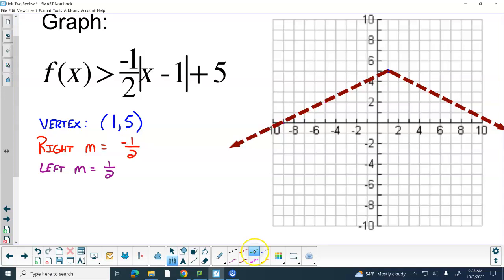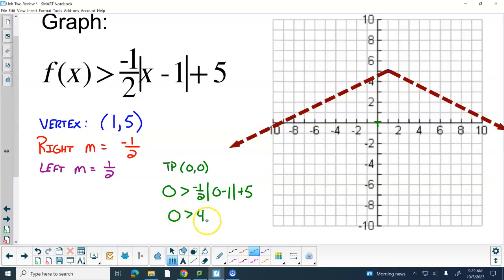We did not go through the origin, so I am going to test point the origin. 0 greater than negative 1/2 times the absolute value of 0 minus 1, then plus 5. Absolute value of 0 minus 1 is negative 1. Absolute value of negative 1 is positive 1. Positive 1 times negative 1/2 is negative 1/2 plus 5